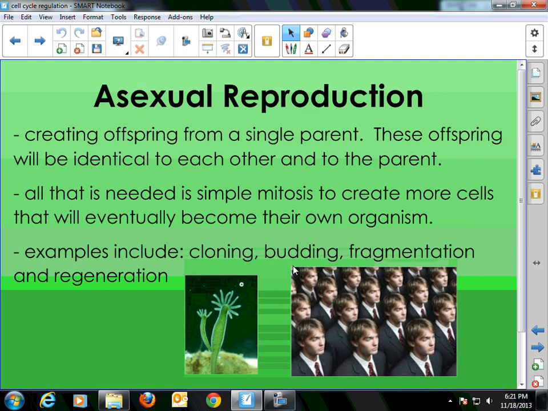The picture on the right shows a whole bunch of people that are all identical, and these may have been produced by the process called cloning. Cloning is where you take one adult cell and you actually turn that one cell into a fetus. When the fetus is born and grows up and develops, it will be genetically identical to its one parent. And if there are multiple copies, if there are multiple clones, they will all be identical to each other. And that's what this picture is showing. So asexual reproduction is going to produce offspring that are exactly the same as the parent and as each other.